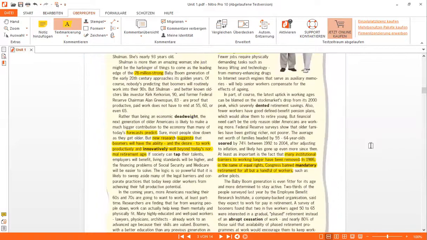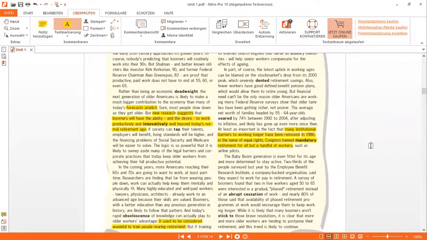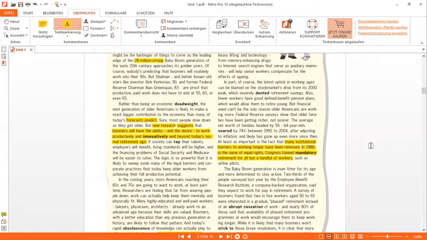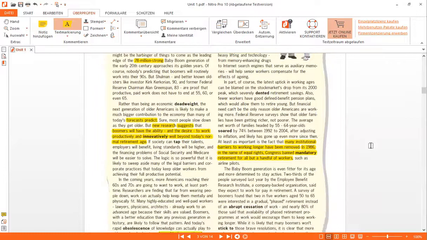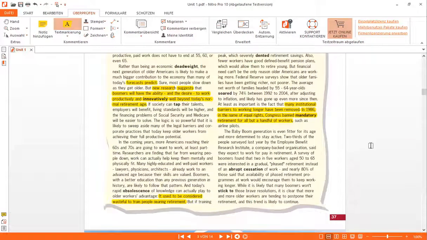So you scan until you get to where the text talks about the effect that work has on people. If you do a good scanning, you should get to the portion that says